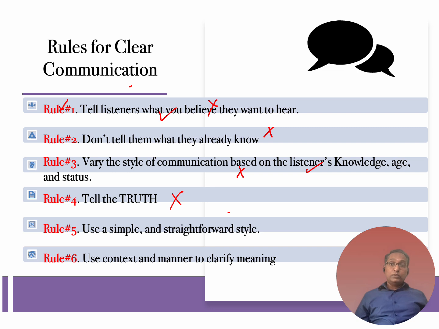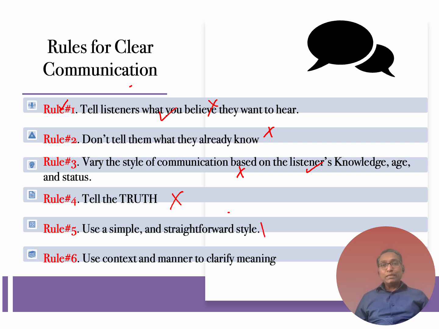These are the rules as a speaker you need to be aware of, and as a listener you need to pay attention to. But if these rules are broken, that's when a lot of miscommunication happens. For instance, misinformation: you take the information in assuming that the information sent to you from a friend is true. If you pass it on to another person, that's misinformation. But if the information you received was intended with some bad intention to change your behavior, then that is disinformation. So tell the truth.